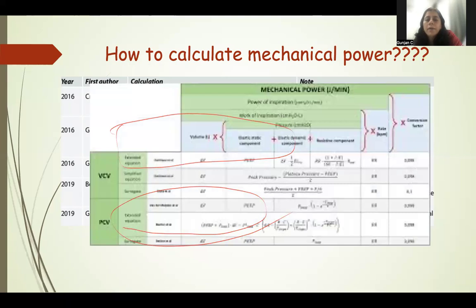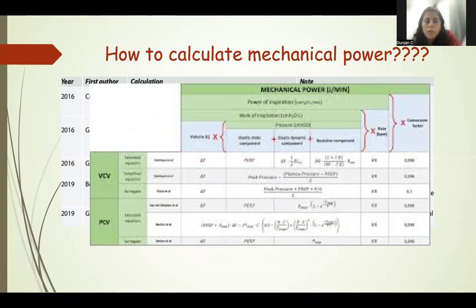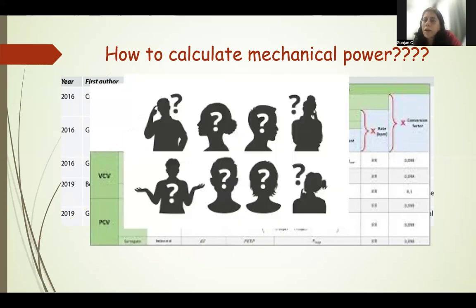Okay. And then there is mechanical power, which is also defined as per the mode of ventilation. So there's a different mechanical power calculation in the volume control mode of ventilation, and there's a different mechanical power calculation which happens in a pressure control mode. And to complicate matters further and confuse you all a little more,